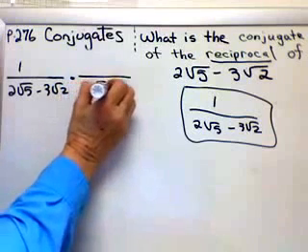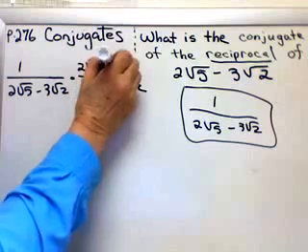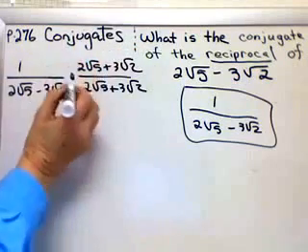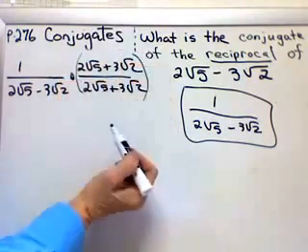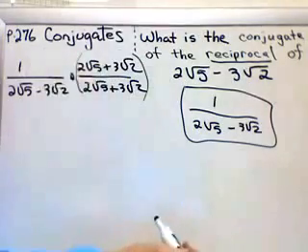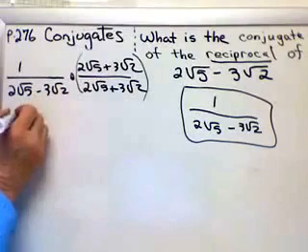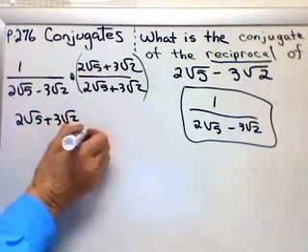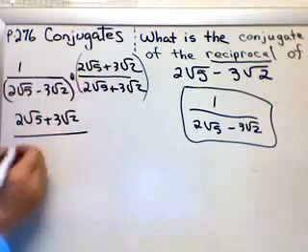So 2 root 5 plus 3 root 2 over 2 root 5 plus 3 root 2. And when I multiply that, notice I'm multiplying it by this expression, which is the equivalent of 1. Same thing over same thing. I can multiply anything by 1 and not change it. I'm just making it look different. So I get 2 root 5 plus 3 root 2 on the top. What do I get on the bottom? Well, when I multiply that, I get,